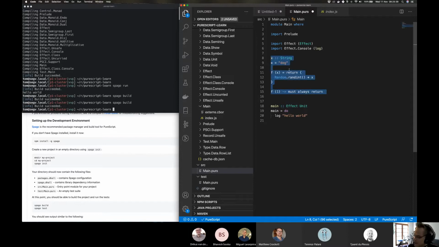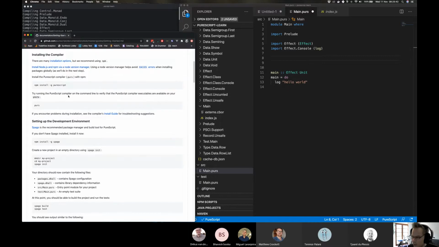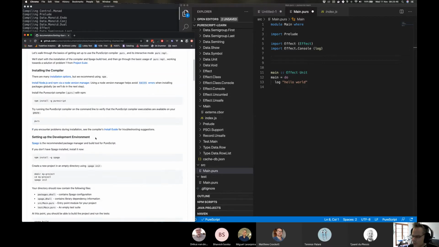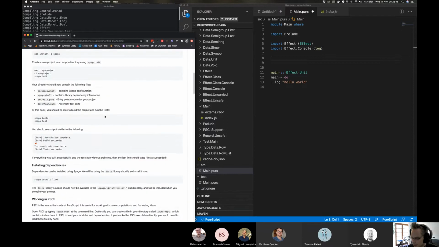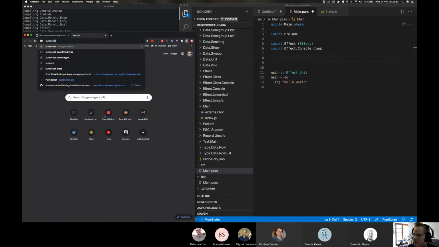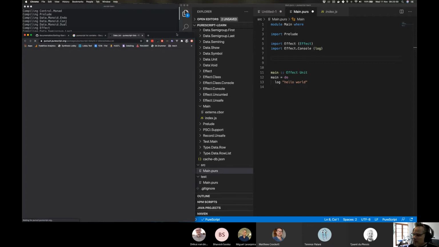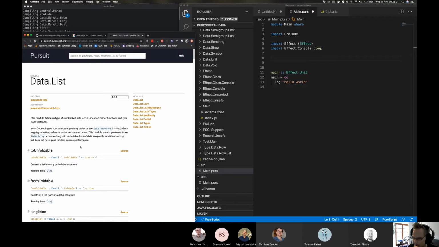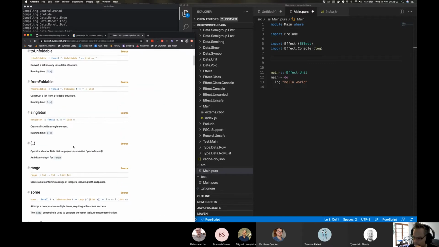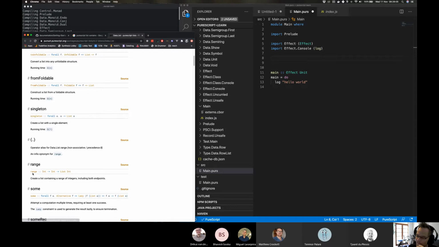That's a very good point. I mean, we can do that. Let's actually, I think that's a great example. How do we create a list? This is the first question in PureScript. Do we want a list or an array? I think we want a list, right? Data.List, that sounds good. Sorry, I'm just Googling now, and this is maybe not the best place to look. Oh, range. Okay, so this might be a good one. Let's see if we can do that.